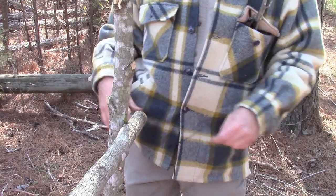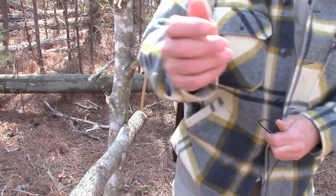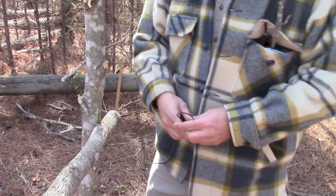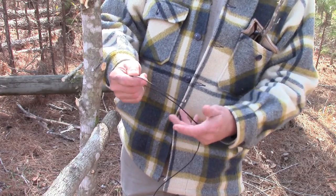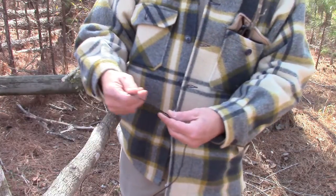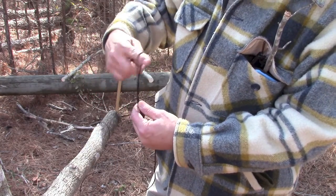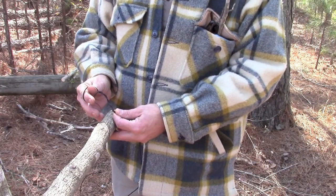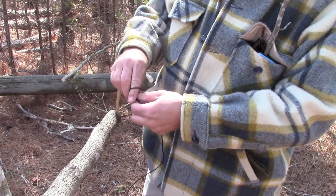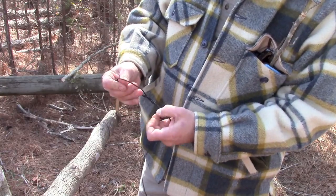Okay, the way I like to start my lashings is with a timber hitch. Let me get this where I can see what we're doing. To make a timber hitch, you just take a tag end, make a loop in your line here, and all I do is I just twist that up just like that. Now with an open-ended pole, we can go ahead and pull this working end through the timber hitch